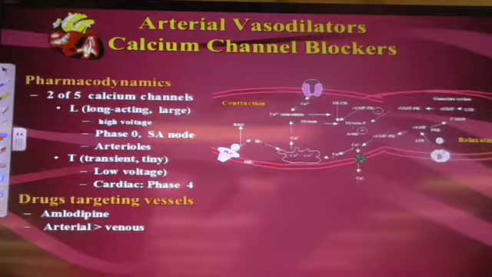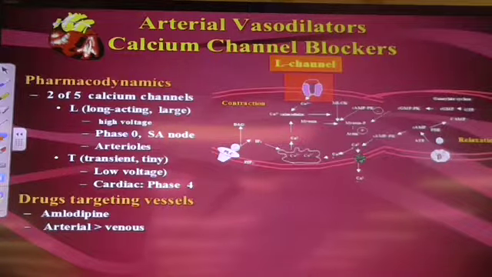Okay, so let's start with the easiest drug, and that's the calcium channel blockers. Now, there are 5 different kinds of calcium channel blockers in the body. We just want to target the L channels. Those are the ones that are in the periphery that we want to target. And the way that I keep them straight is L-amlodipine. Later, we're going to talk about calcium channels in the heart, and we're going to use diltiazem to target those, and those are T channels. So diltiazem has a T in it. So that's how I keep these things straight. Amlodipine, L, vasculature. Diltiazem, T, heart.